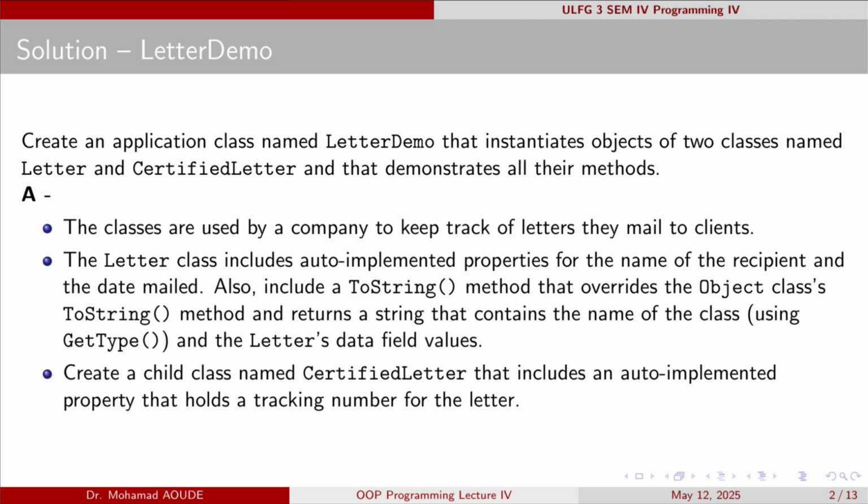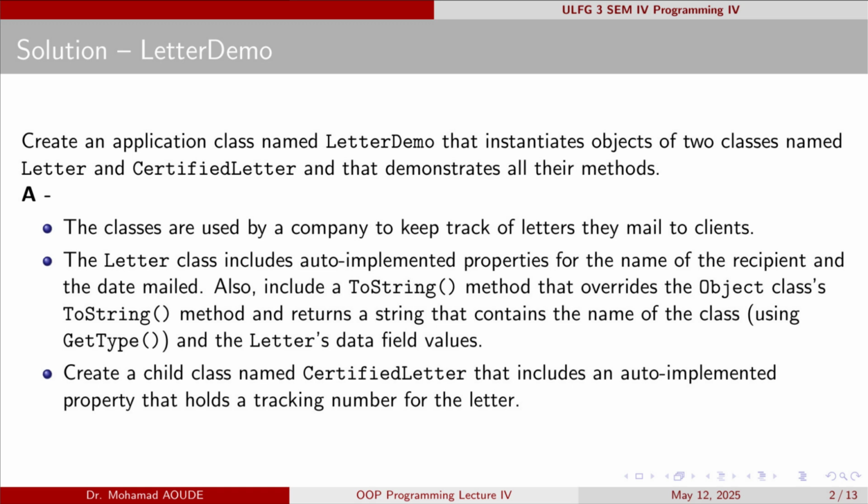The Letter class also needs a ToString method that overrides the one inherited from the Object class. This method should return a string including the class name using GetType and the letter's data, name and date. Method overriding, polymorphism. Overriding ToString is a classic example of polymorphism, giving a base method new behavior in our custom